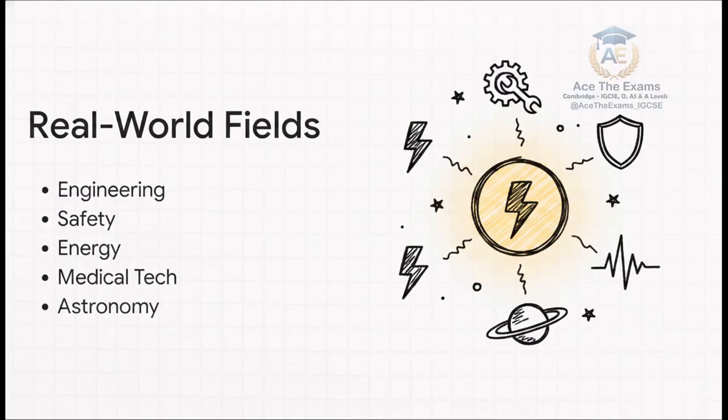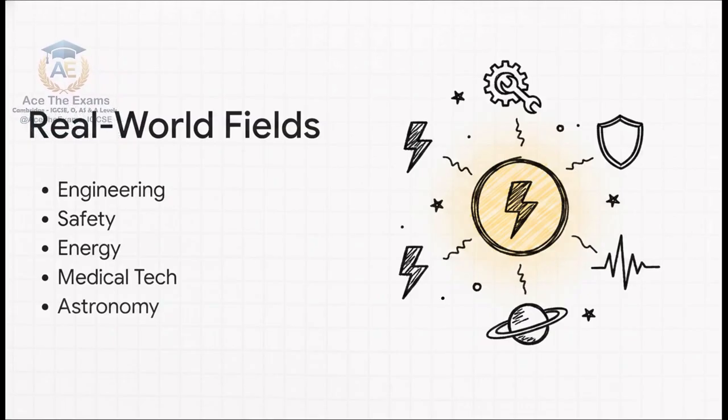Where does measuring length and time actually matter out there in the wild? Going back to our space mission analogy, these measurements are quite literally the backbone of modern engineering and transport. They are absolutely critical for safety systems. Think about the exact hyper-precise microsecond timing required for the airbags in a car to deploy during a crash. If that specific time measurement is off by just a tiny fraction of a millisecond, a life-saving system instantly becomes